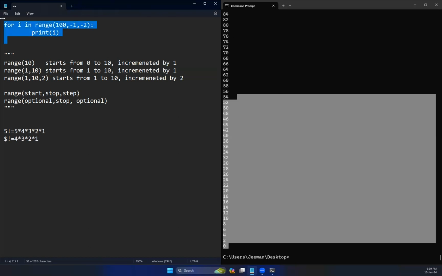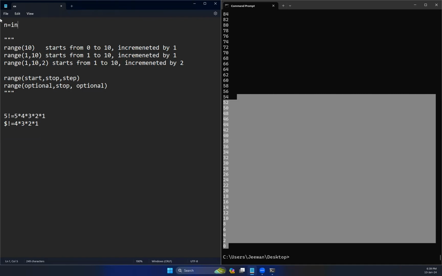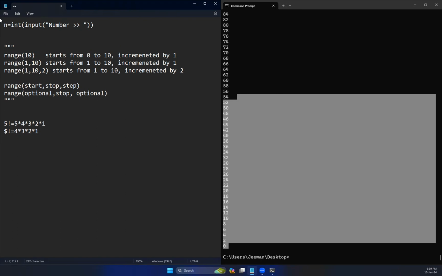If you want to get the number to use for the factorial value, you can ask the user to enter the number. And then once you get the number,